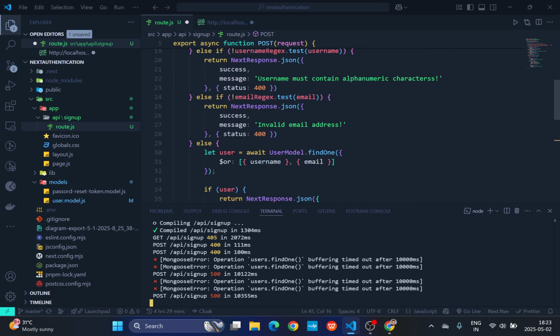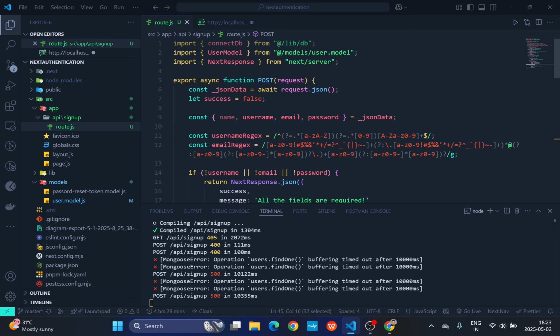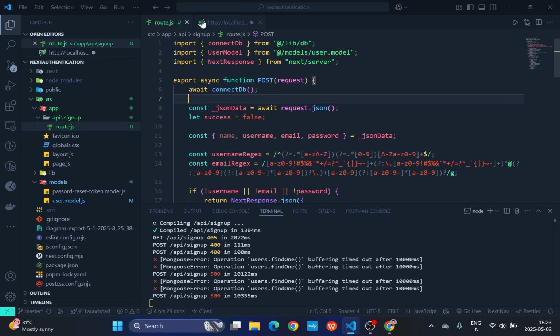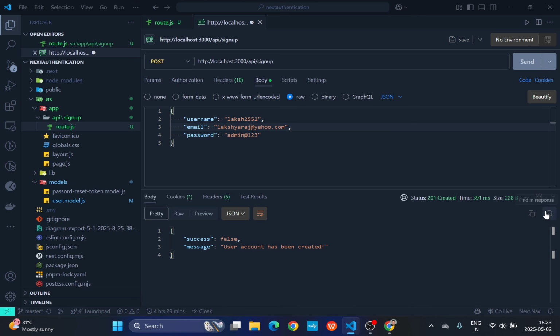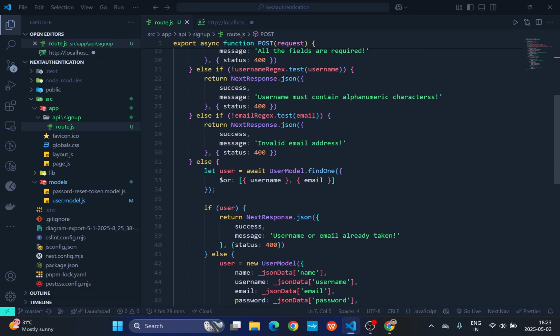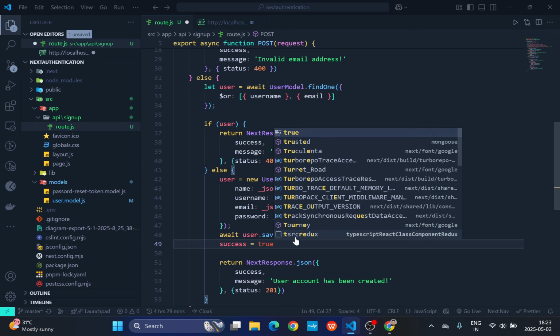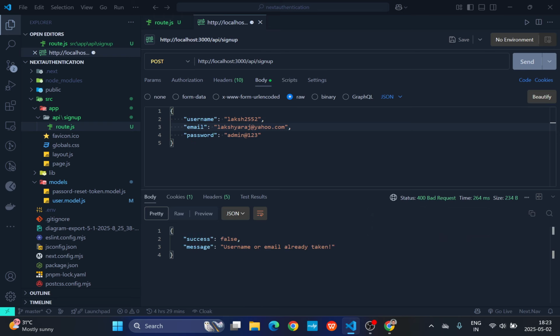Okay, so I understood the mistake I've made: I have to call connect DB here. I was actually not connecting to the database and just calling the user. Okay, now success false, user account has been created. What happened? I have to make the success variable equal to true, because we don't need success false. If I send it again, you will see it sends me success false, username or email